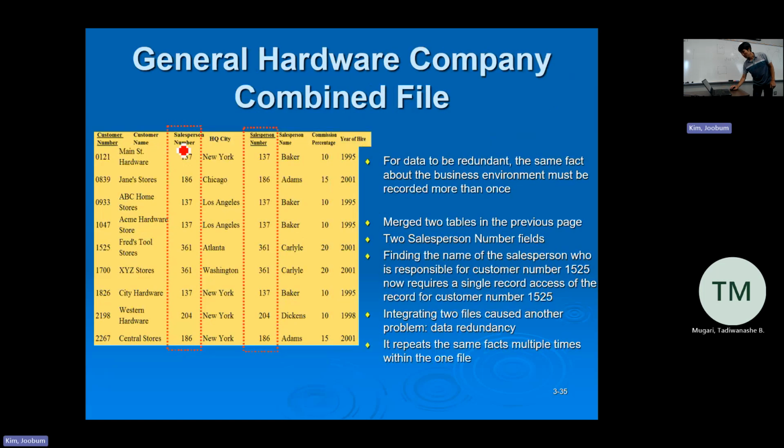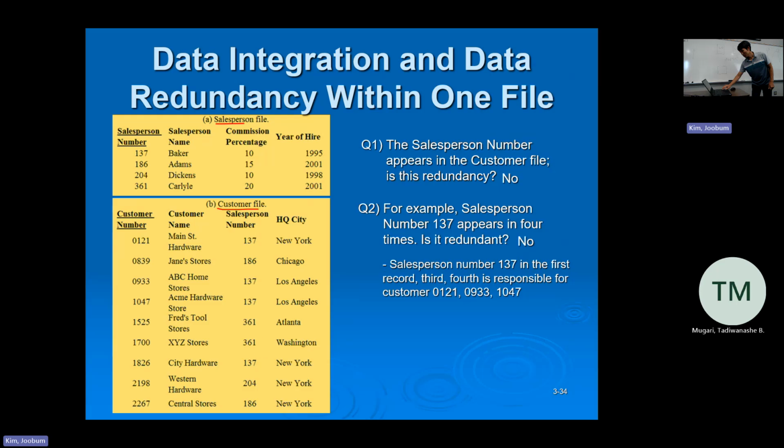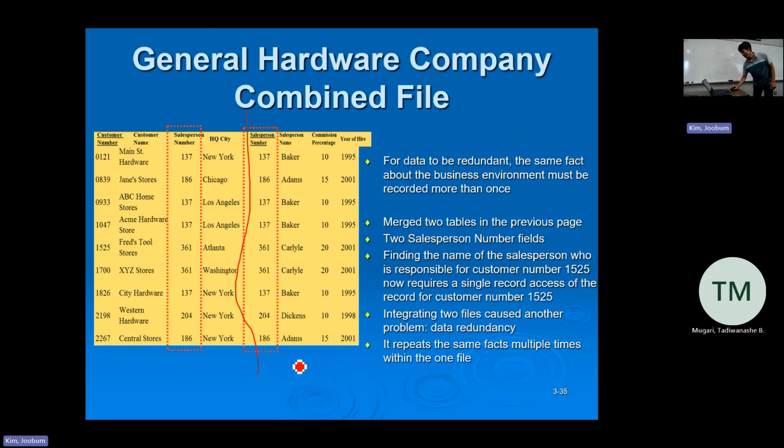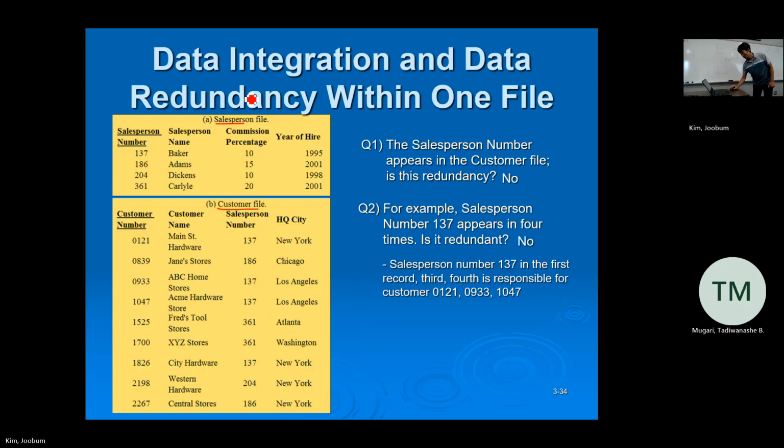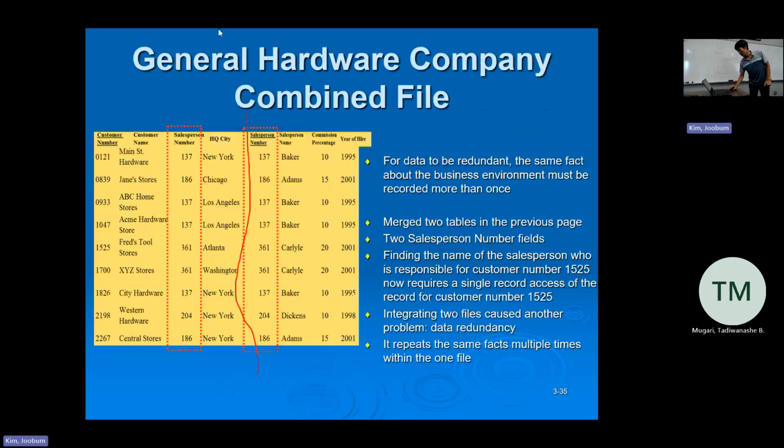Customer number, name, salesperson number, headquarter city is from the customer file. And then salesperson number, name, commission percentage, year of hire is from the salesperson file. Just combine customer and salesperson together. In this case,